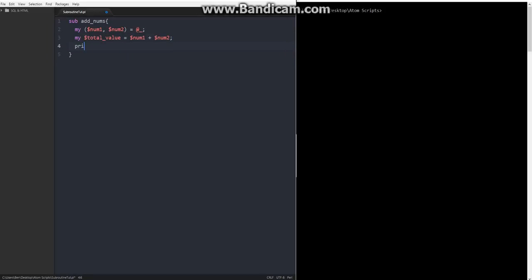And then at the end we could just print num1 plus num2 is our total value. There. And then we can print enter first value